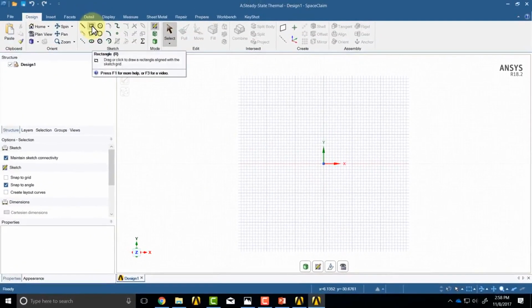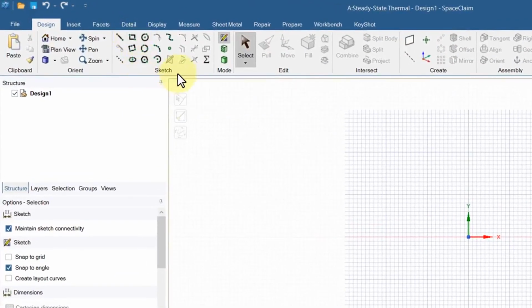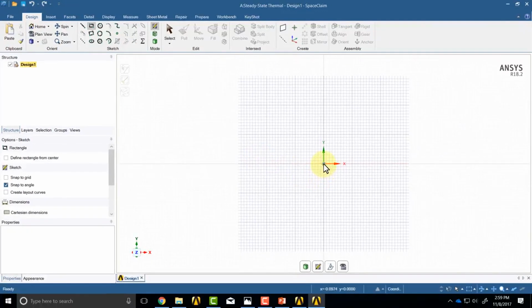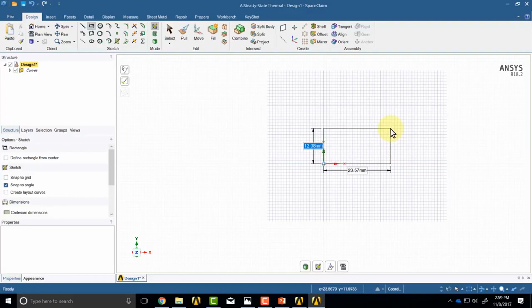And then I want to sketch a rectangle. So you have the sketch toolbar here. So I'll go in and sketch a rectangle and hover around. Somewhere over here it says snapping to curve center, and you'll see that over here. So make sure you get the snapping to curve center, which means that the lower left corner of the rectangle will be at the origin. And then draw a rectangle. And you see